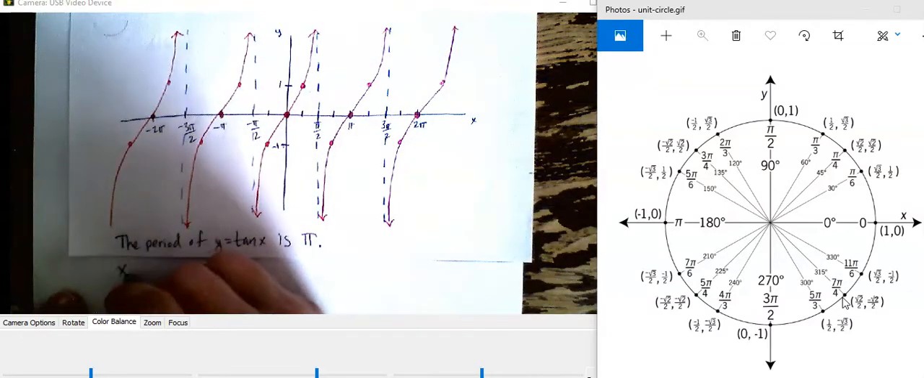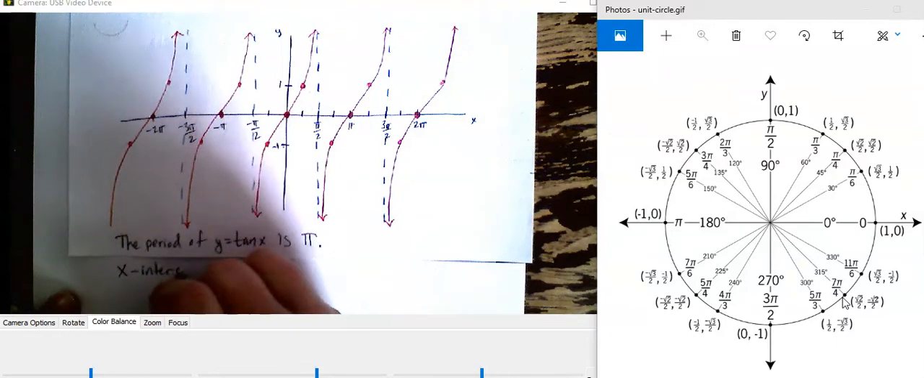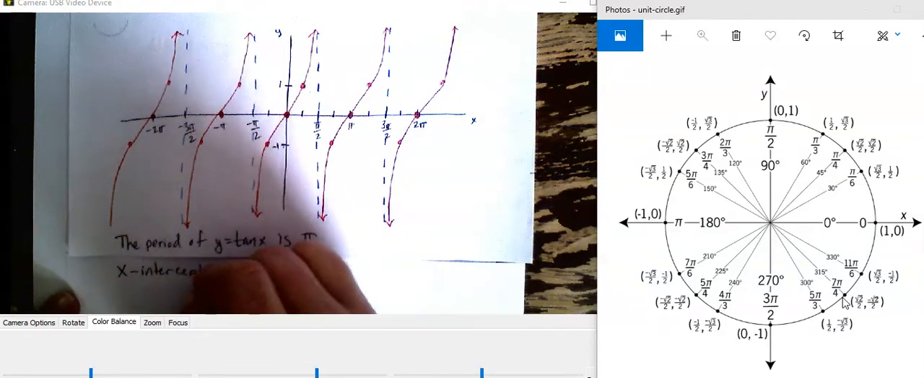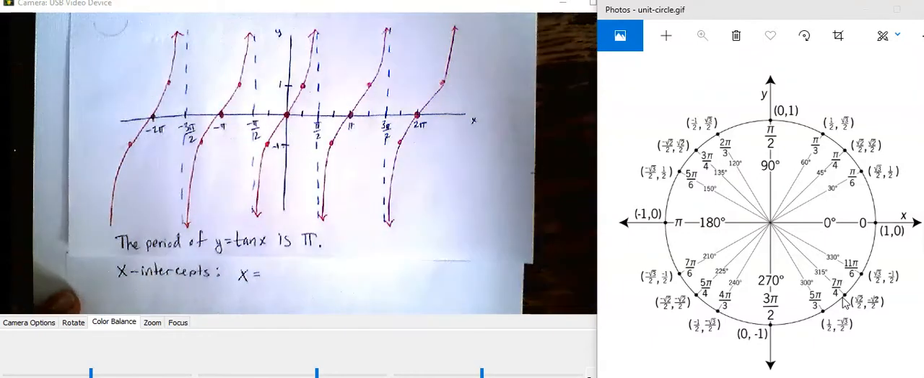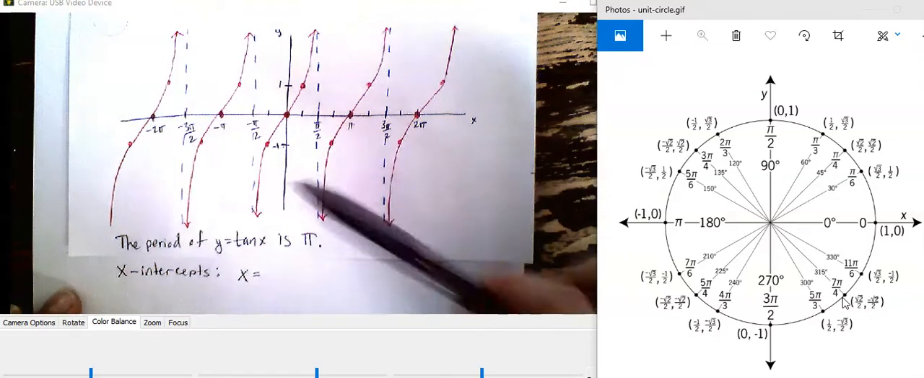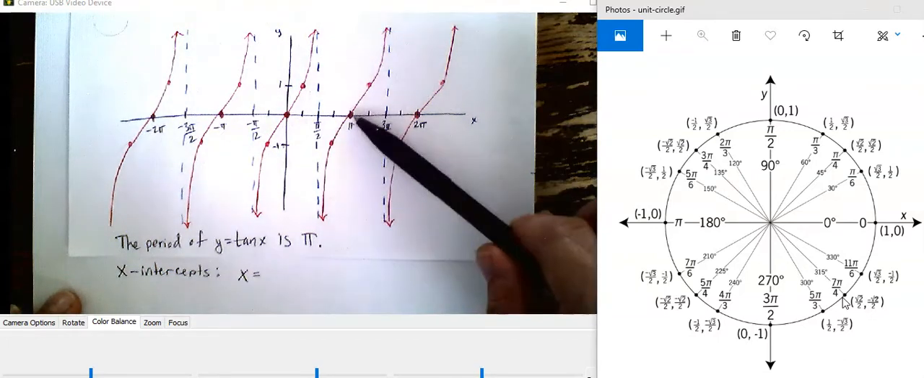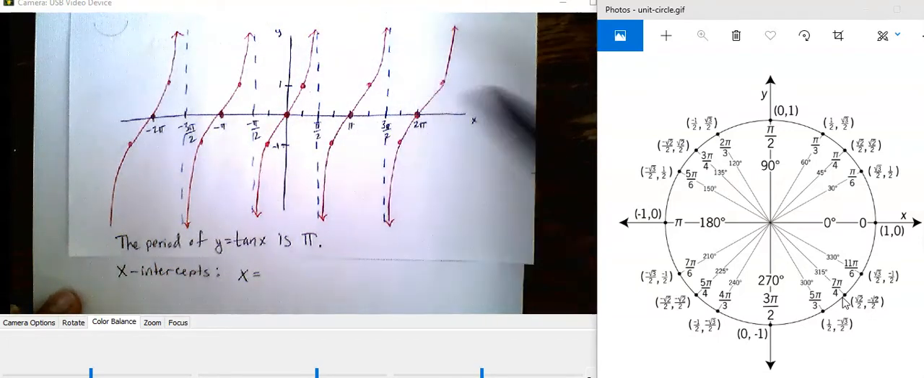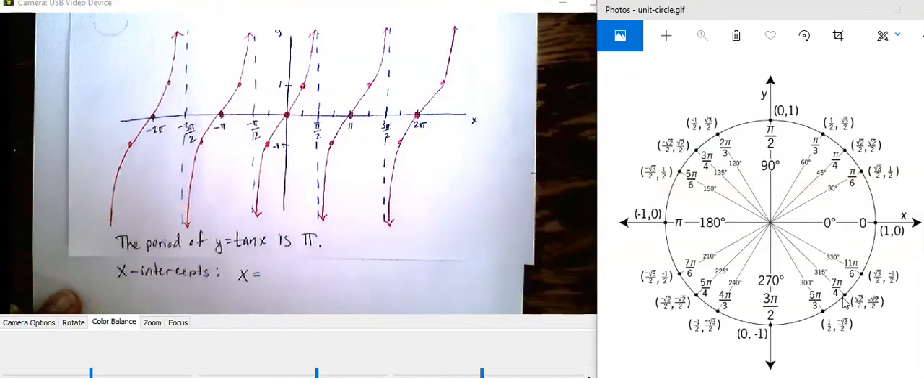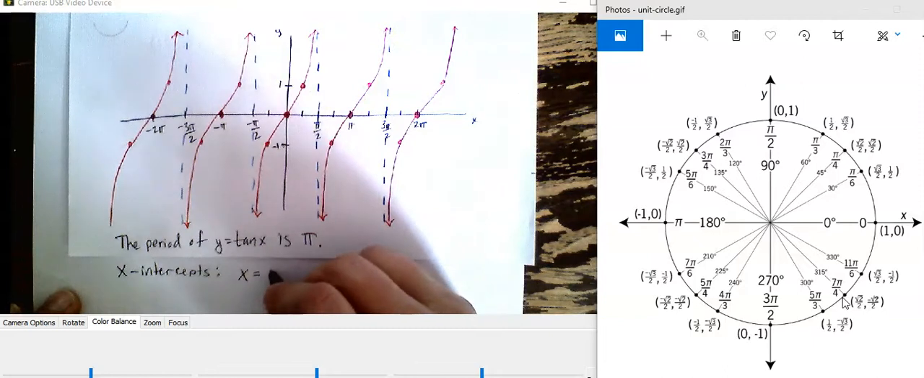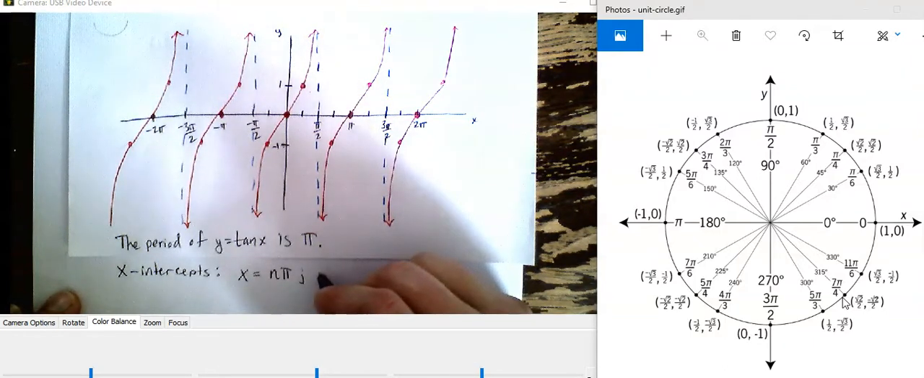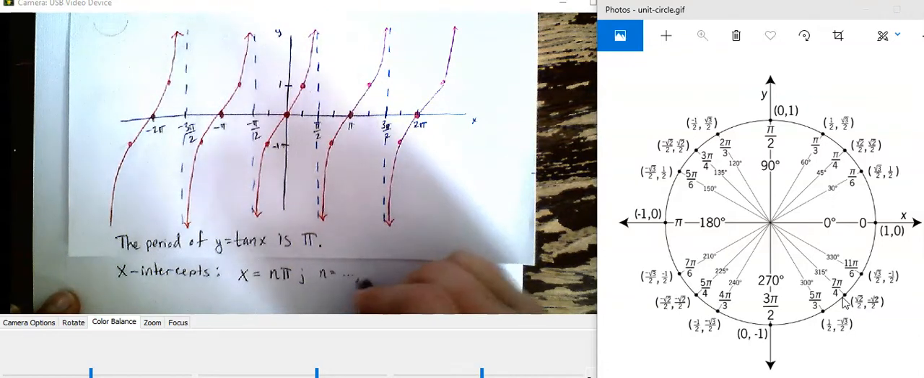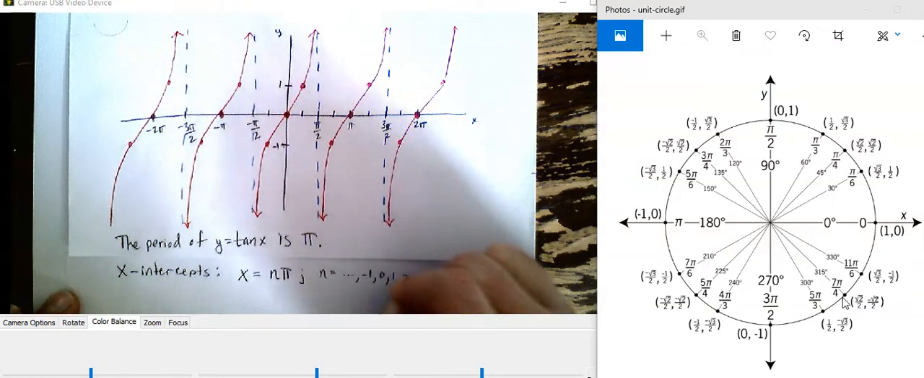The x-intercepts happen when x is what number? So it looks like we have an x-intercept at 0, at pi, at 2 pi. There would be another one at 3 pi and 4 pi and so on and so forth. So all the x-intercepts we can represent as n pi, where n goes from negative 1, 0, 1, 2,